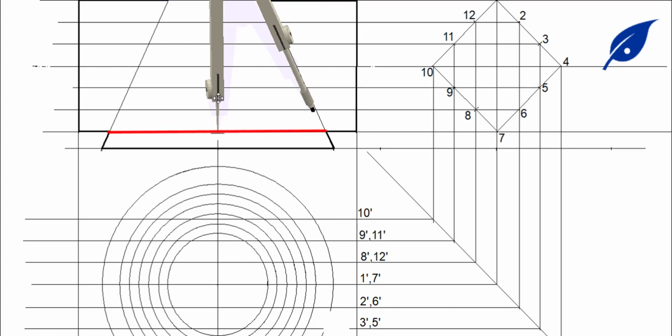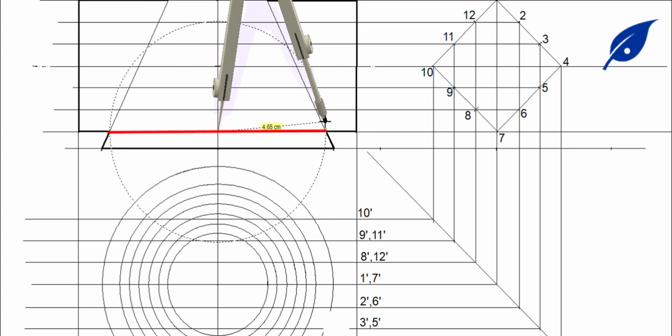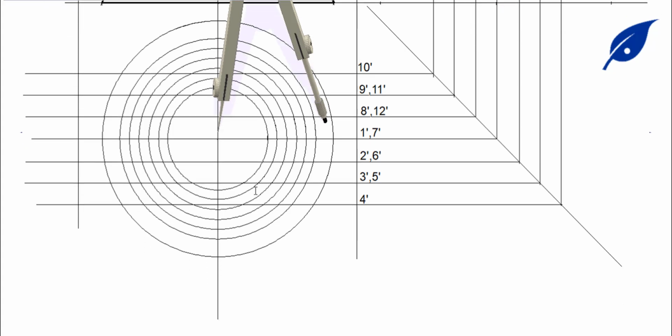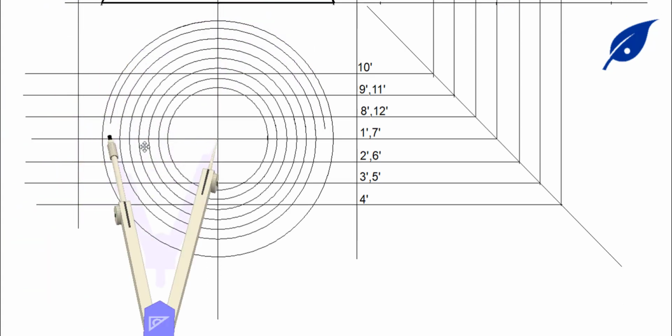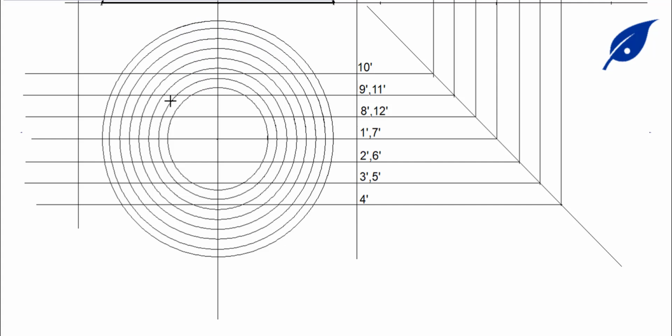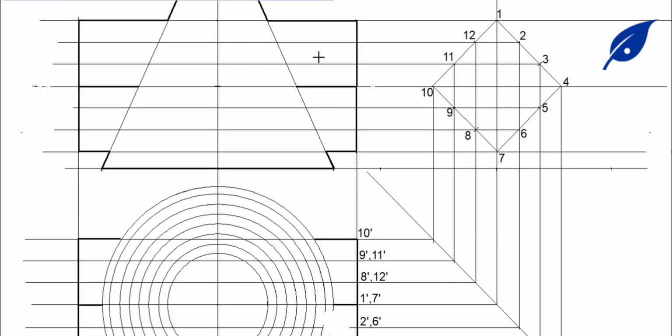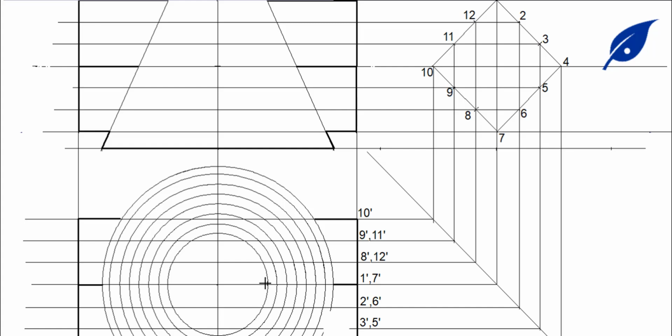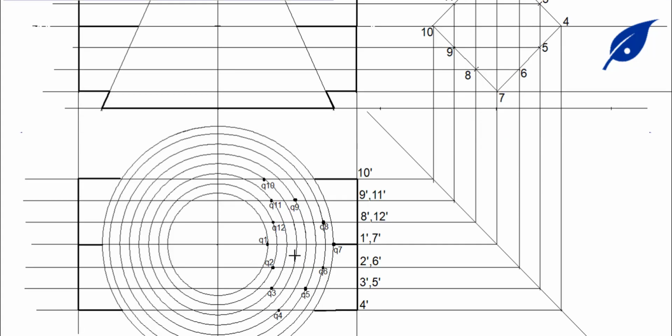So this is the last length that we'll get from here. We'll bring it down to the midpoint, then we'll draw our circle. So from these circles, as the way it corresponds to the lines where it meets, that's on line 1. This one is for line 1 and 7, so it corresponds. The next one is the line for 2 and 12, and we repeat that for all other circles where they